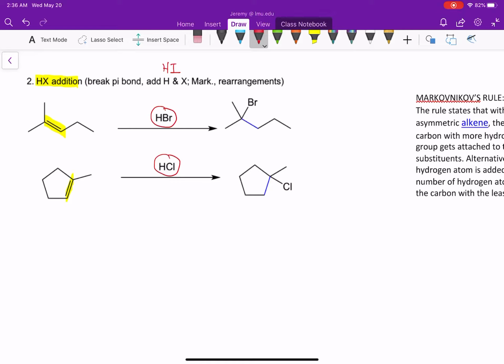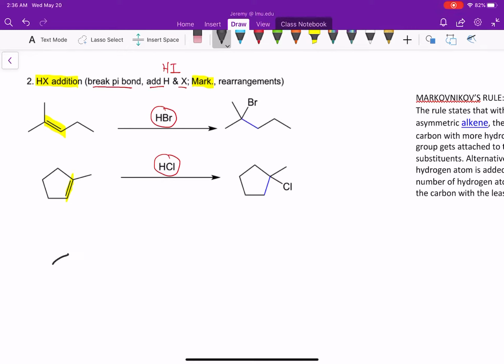All right, so if you look at this reaction, we're going to again be breaking the pi bond, adding an H and adding an X, okay? And you'll see we're going to have Markovnikov addition, and I'll describe what that means in a second. So if we take a look at this first reaction here,